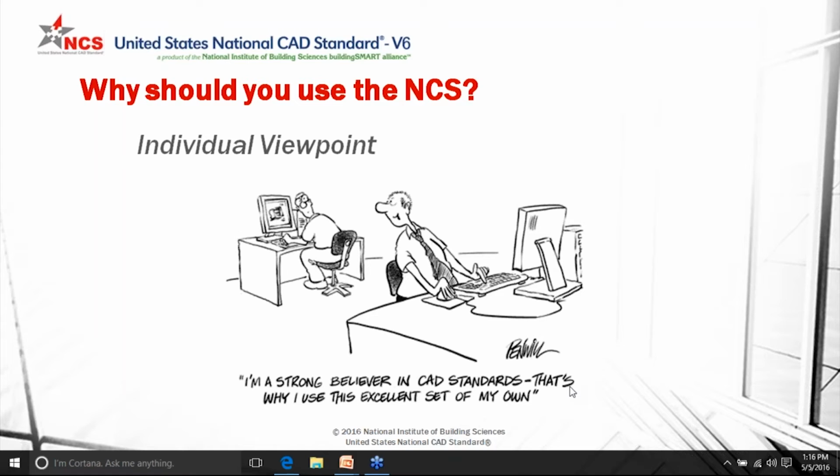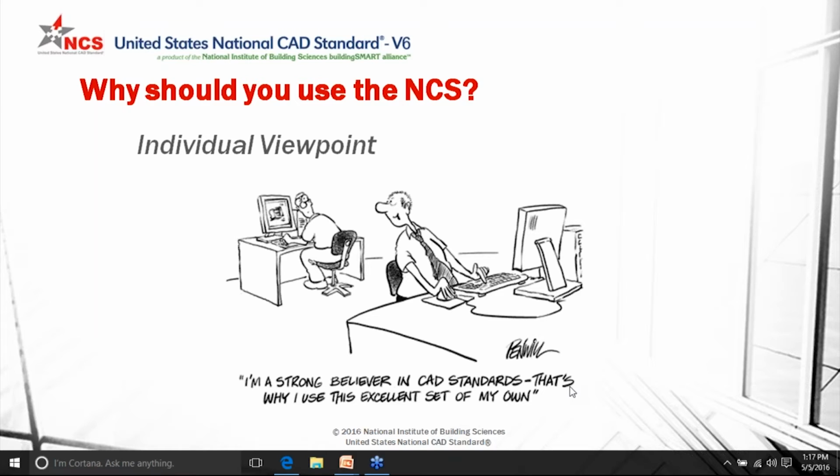Sharing drawings among clients, consultants, sub-consultants, and co-workers is typical on projects. But even if all of those entities are using a consistent standard within their organization, most likely you will not be familiar with it because it is their own internal standard. That means that when you receive their drawings, you'll need to spend the time figuring out what their layers and